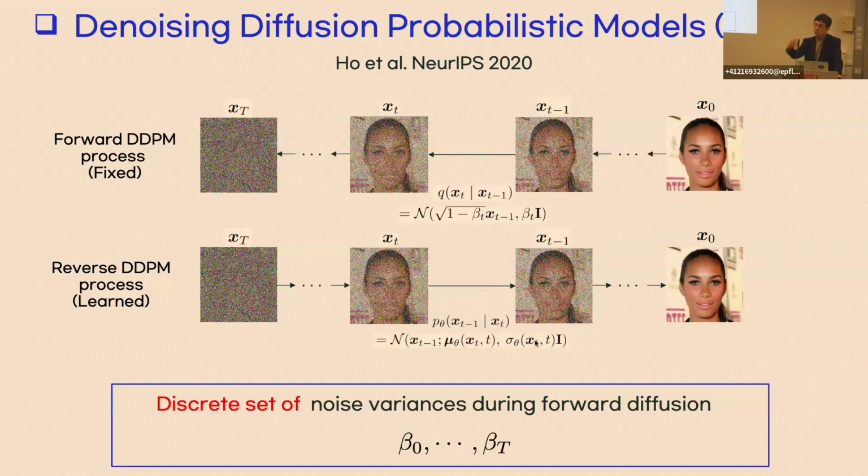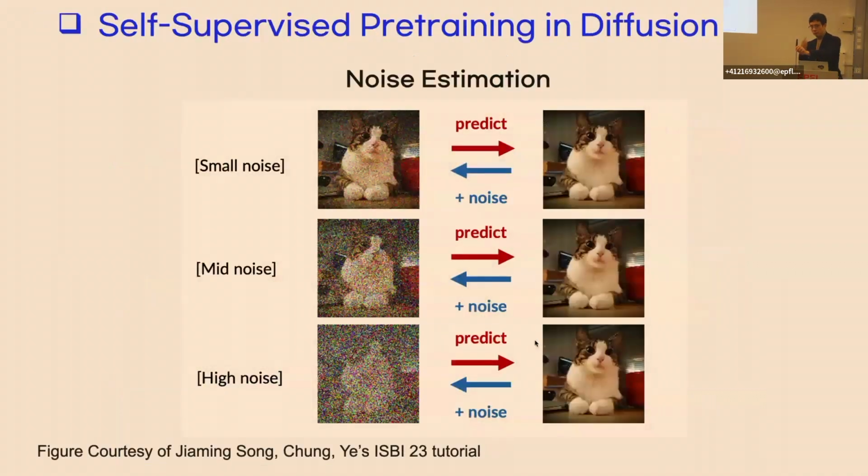Even though this describes a stochastic differential equation, implementation-wise it is still a discrete step. So we only have a discrete schedule, and you need to make sure that you are following the discrete schedule very accurately. Why this diffusion model is useful, and also, as I mentioned, the foundation model, is because its training is